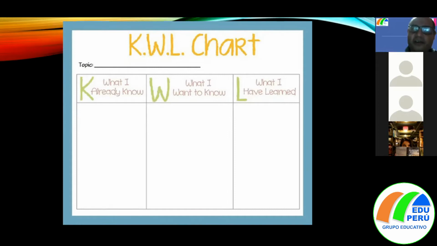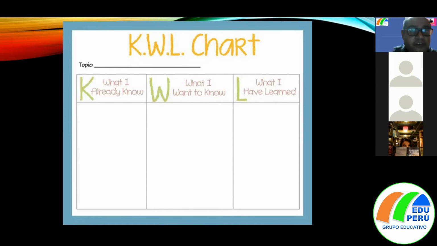Before reading, I make my students ask questions related to the title of the text or the article, the paragraph that they are going to read, or maybe I can show them some pictures in order to predict what the text is going to be about, right? But then you could use this chart to get some information about their prior knowledge, their schemata. Notice the letter K is what they already know about the topic of the text. What do they know about it?